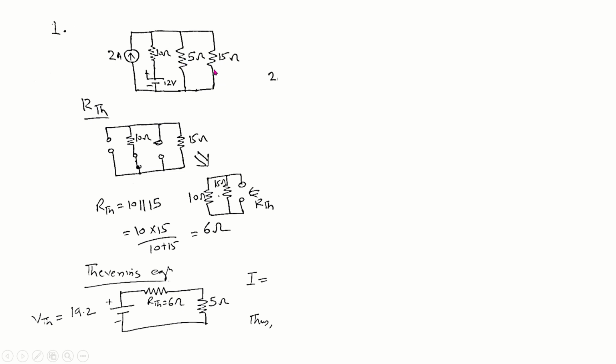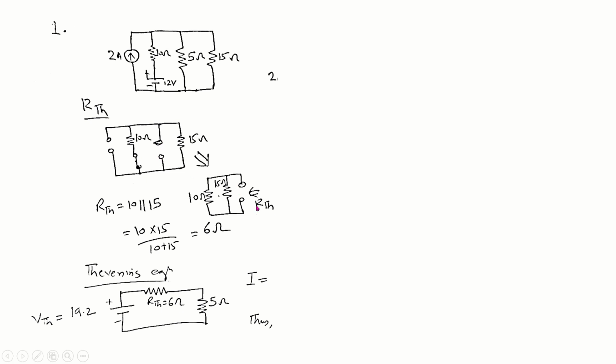If you look into the figure, the 5 ohm resistor is given in between the two branches of 10 ohm and 15 ohm. As we learned, in order to find the Thevenin's equivalent circuit, we will first obtain the RTH, that is Thevenin's equivalent resistance, by removing this resistor and open circuiting the current sources and short circuiting the voltage sources. After obtaining this circuit, we will be finding the resistance values across these two terminals,